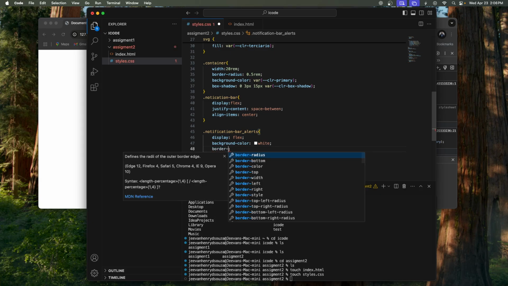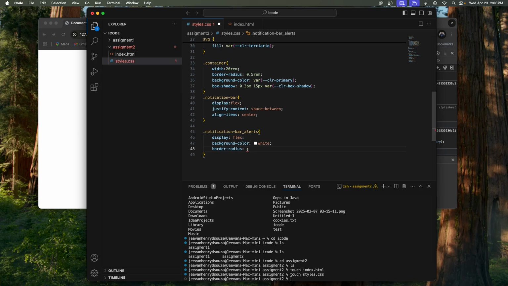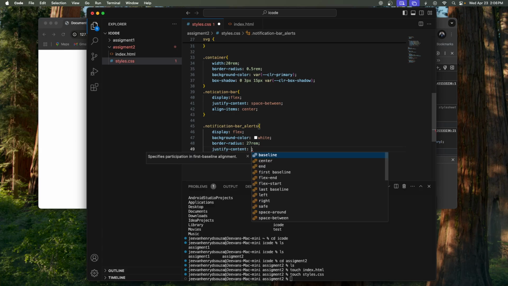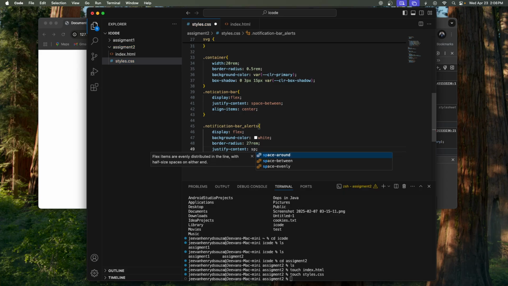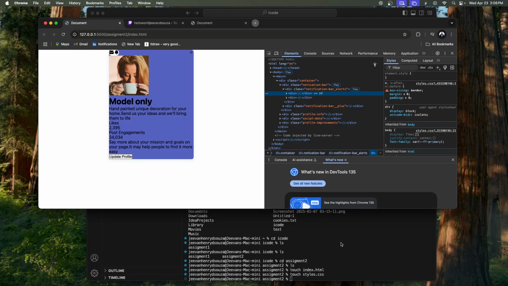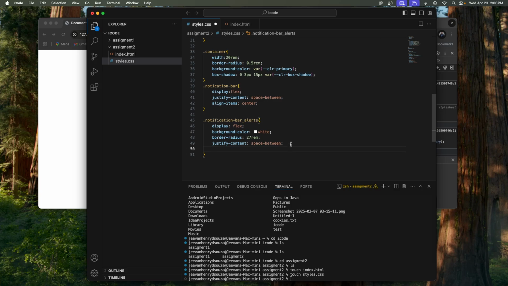So let's give it a border radius, say of, and then inside let's have it equally spaced. So we do space-between, and both of them should have some sort of little gap inside. So in both of them I'm going to have a gap of say 1.5em,